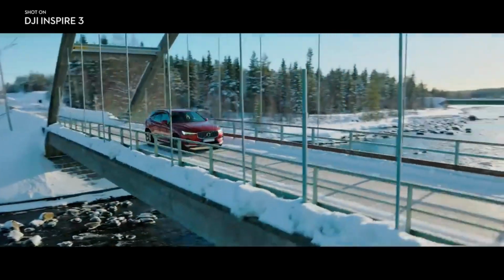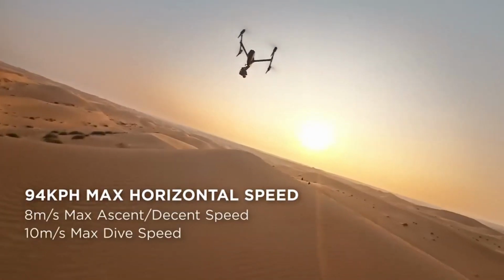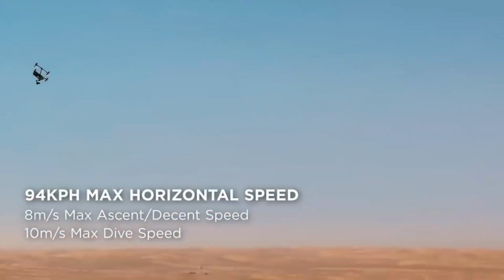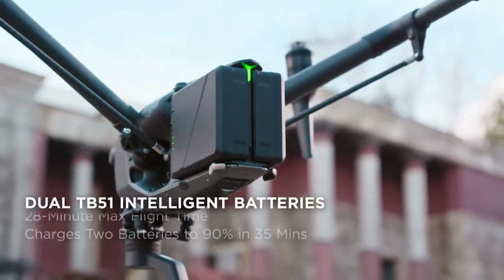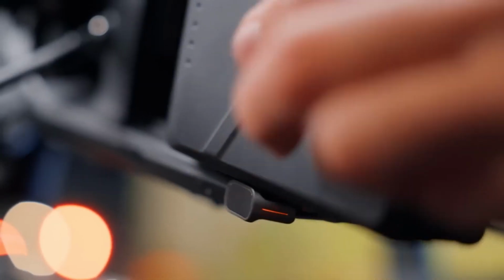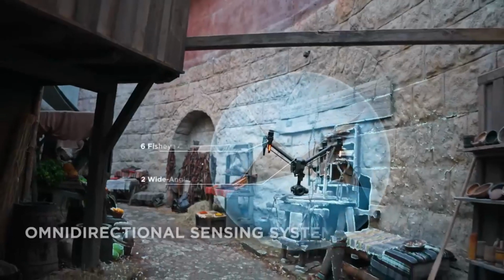precisely through small areas. The powerful propulsion system enables max horizontal flight speeds of up to 94 kilometers per hour, and the dive speed has even been increased to 10 meters per second. The lightweight and compact new TB51 batteries provide a 28-minute max flight time and support for fast charging and hot swapping. In order to safely fly in tight spaces with a drone of this size, we've given Inspire 3 our